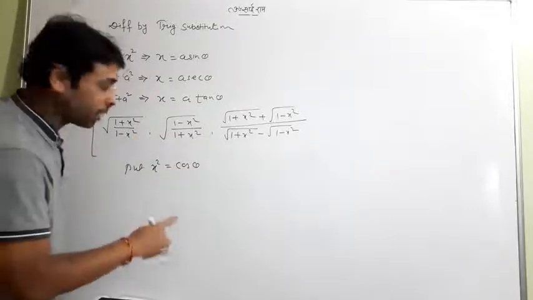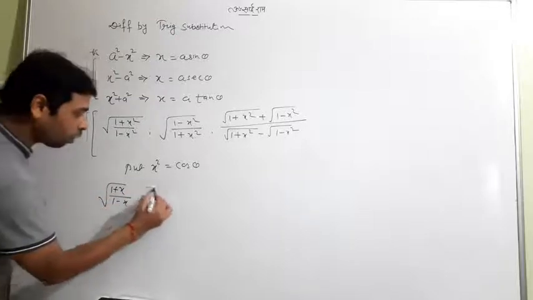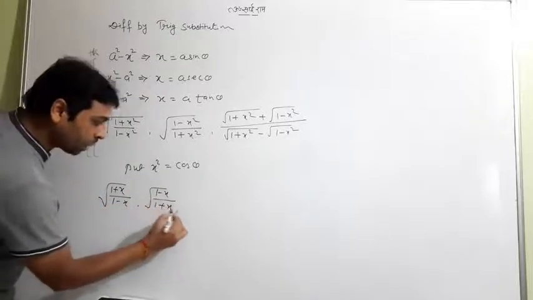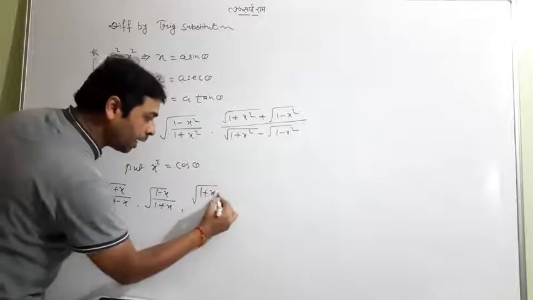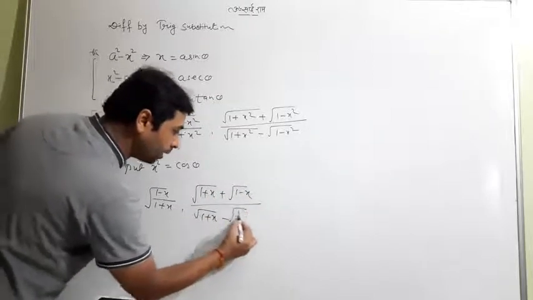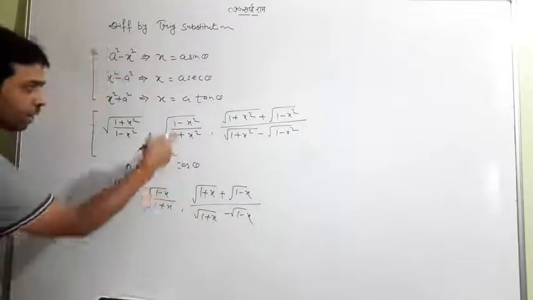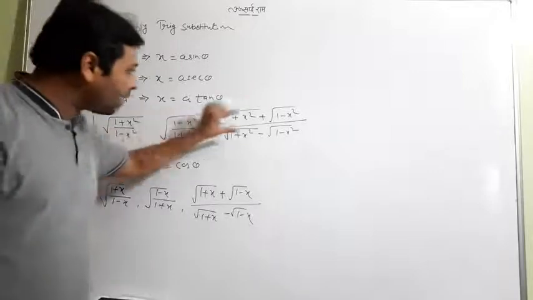Keep that in mind. Or suppose it is only 1 plus x upon 1 minus x, or 1 minus x upon 1 plus x, or 1 plus x, 1 minus x. You can compare slowly, it does not matter at all. Look, both are looking very much the same, but that one all had the square.